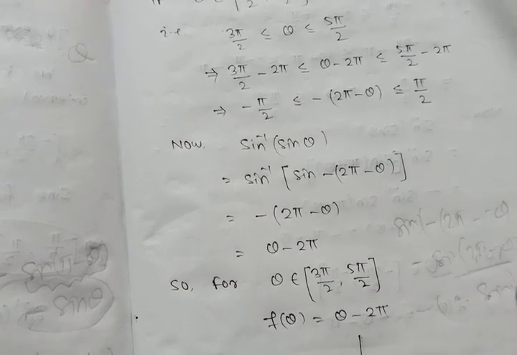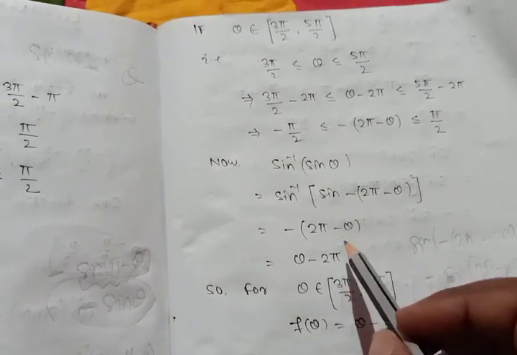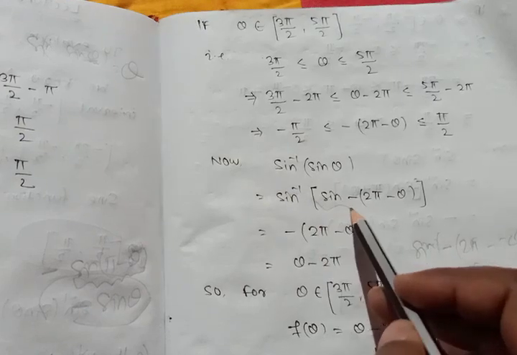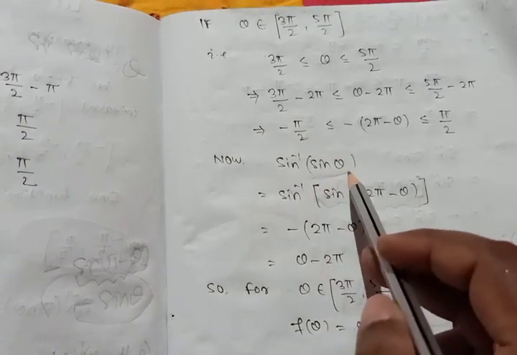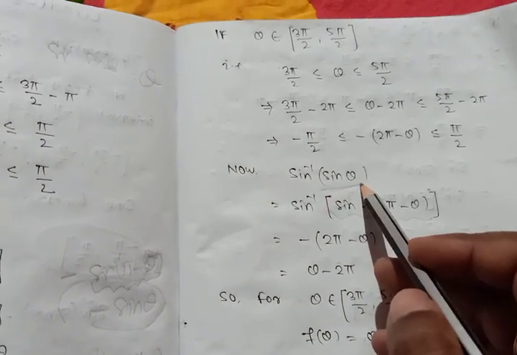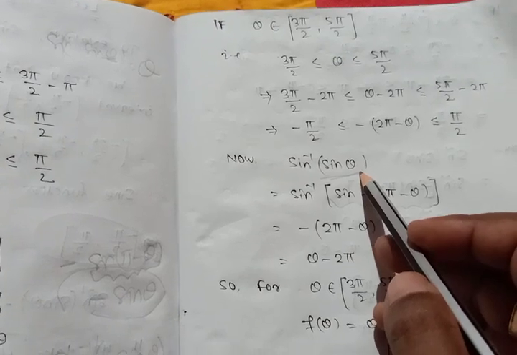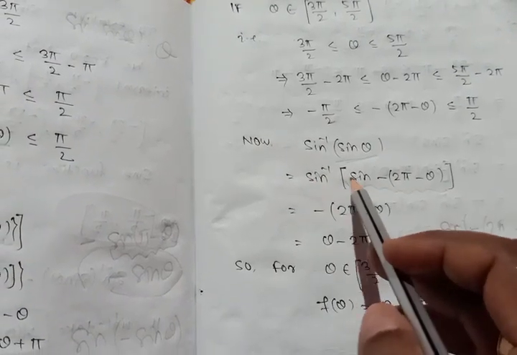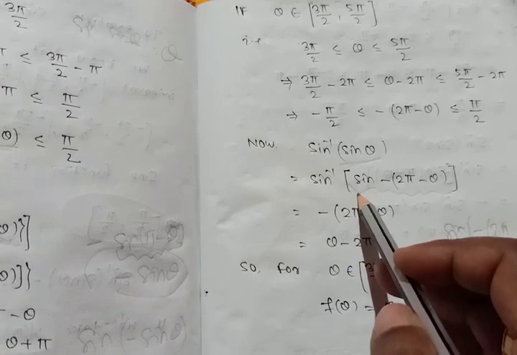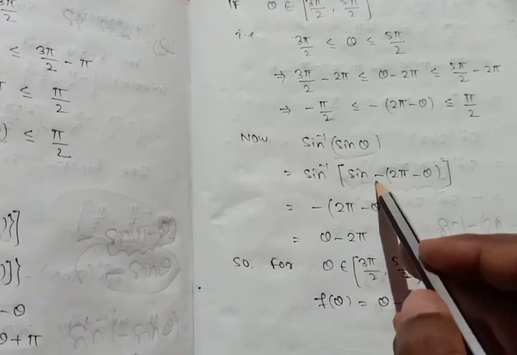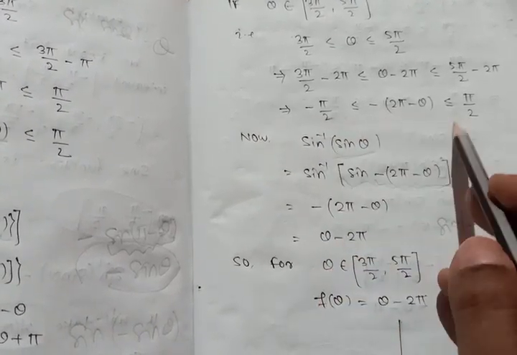So finally what do we get? We get this term, nothing but it is again sin theta. This term is exactly equal to sin theta. So no need to multiply an extra minus symbol here. Okay, so now this sine inverse and sine will be cancelled out. Why cancel out? Because this angle is in between minus pi by 2 and pi by 2.